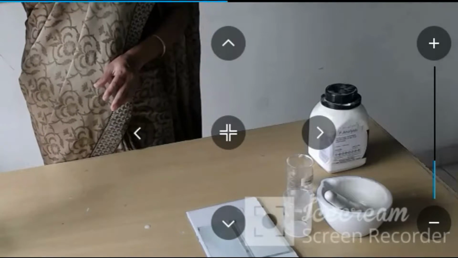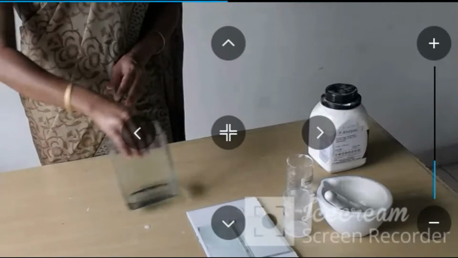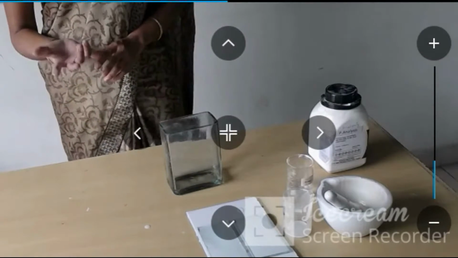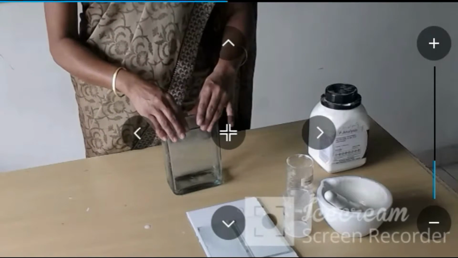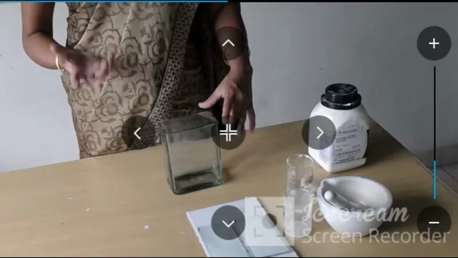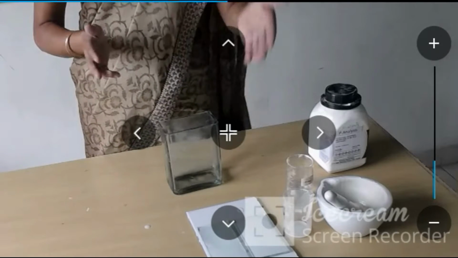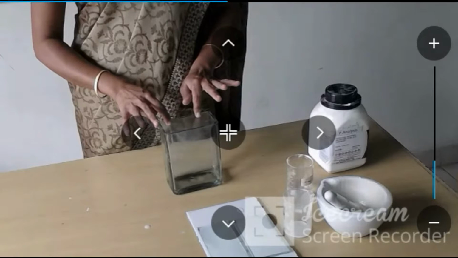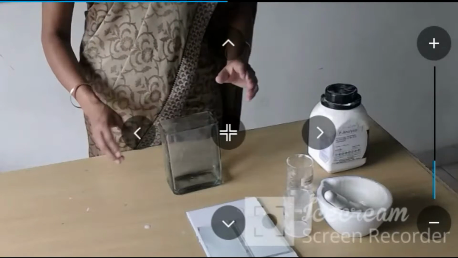So I will keep this chamber for saturation for around 30 minutes. And I suggest you write down or report the time of chamber saturation also, because it is again a parameter which affects the separation of your components. So the activation time of the plate and the chamber saturation time should be reported by each chemist.